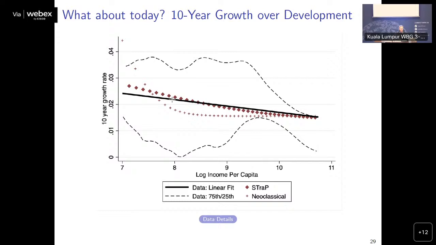Okay? This is now like a cross-sectional fit, basically, of the data. It's panel data. So take all the countries that we have for all the data from 1950 to whatever, and plot them all by their log real income per capita. That's what the data is. So the black lines are the data, the 25th and the 75th bands, and the linear fit of the mean.